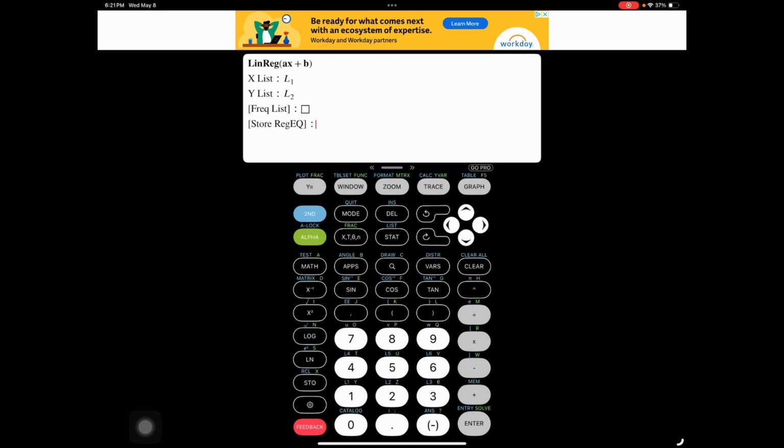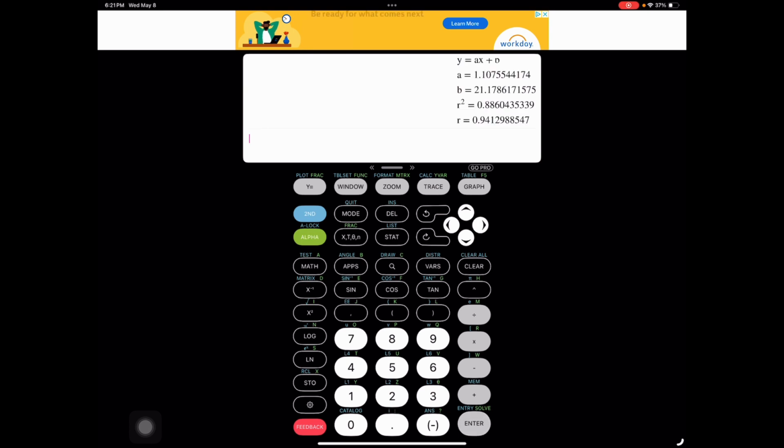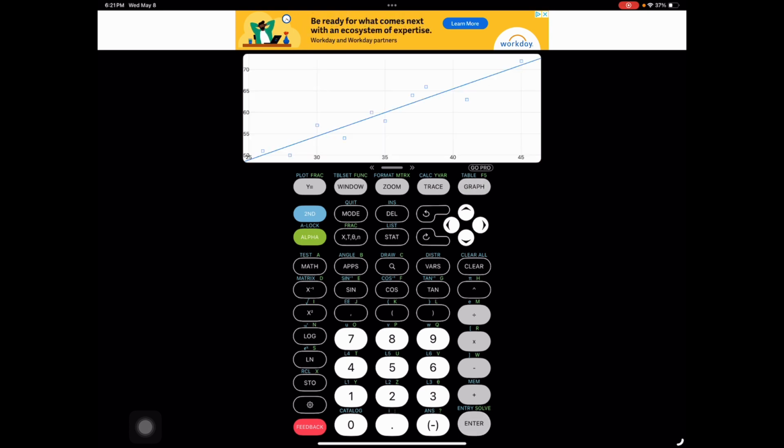And then we're going to hit the VARS key, which is to the left of clear, right there. And we're going to arrow over to Y-VARS. And we're going to pick option 1, which is functions. And then we want Y1. So we're going to pick option 1. And then we are going to hit enter. And then graph. And it will put the line of regression or the line of best fit right on your picture of where it should be when you create the scatter plot, which is really nice because you can see